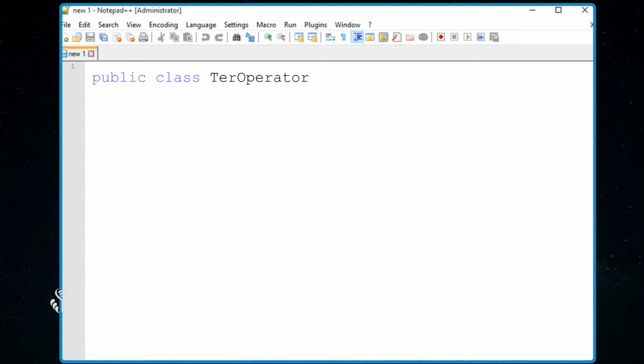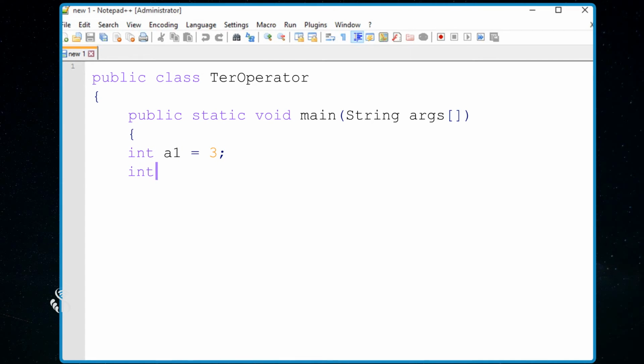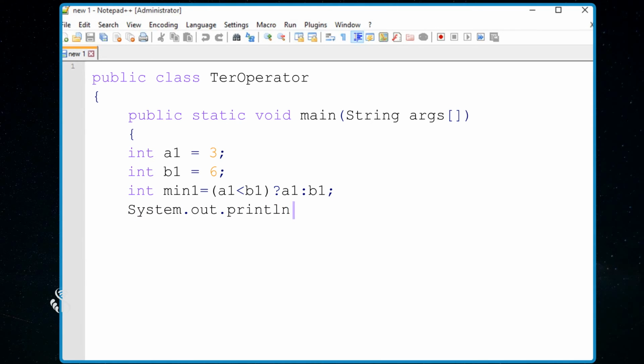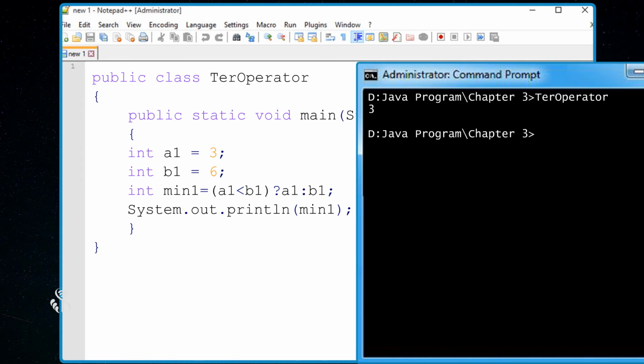Public class ternary operator, open curly bracket, public static void main, open bracket, string arguments, open close square brackets, close bracket, open curly bracket, integer a1 is equal to 3 semicolon, integer b1 is equal to 6 semicolon, integer min1 is equal to open bracket a1 less than b1 close bracket question mark a1 colon b1 semicolon system.out.println open bracket min1 close bracket semicolon close curly bracket close curly bracket. And here the output is